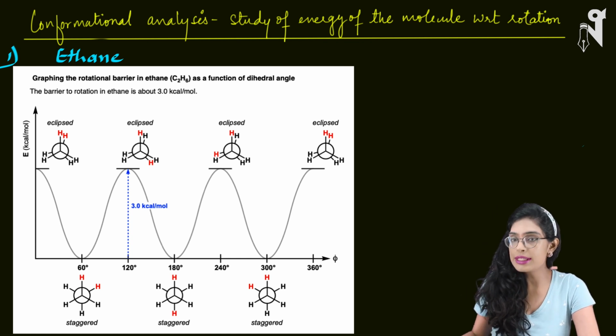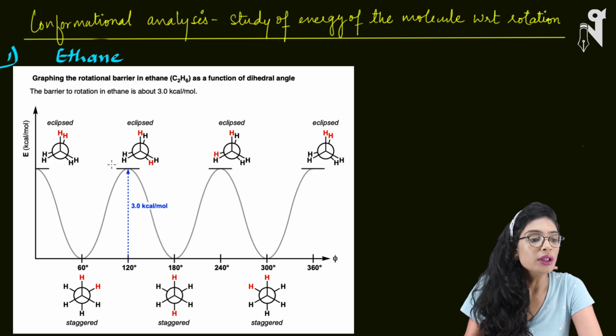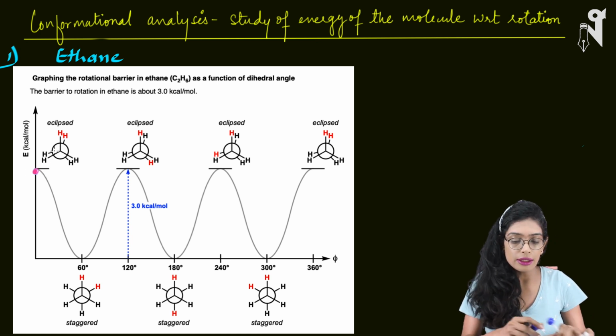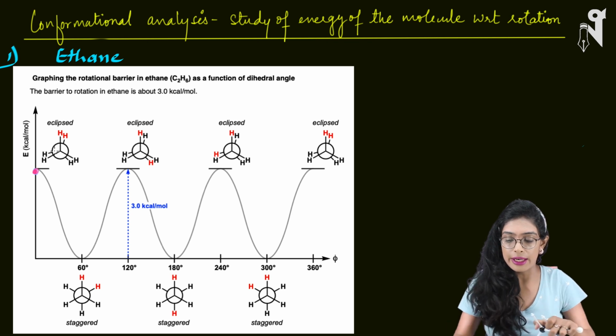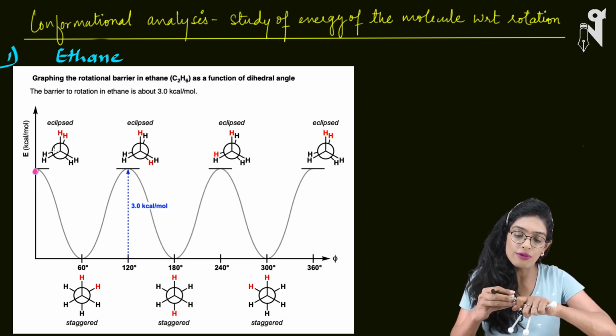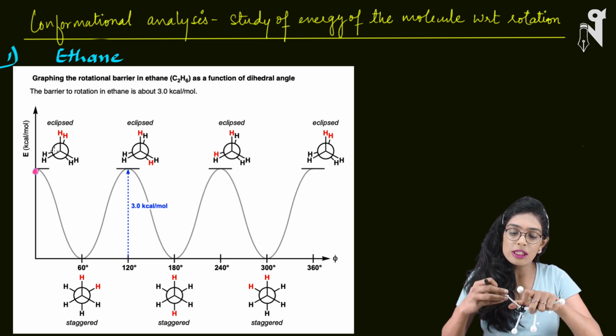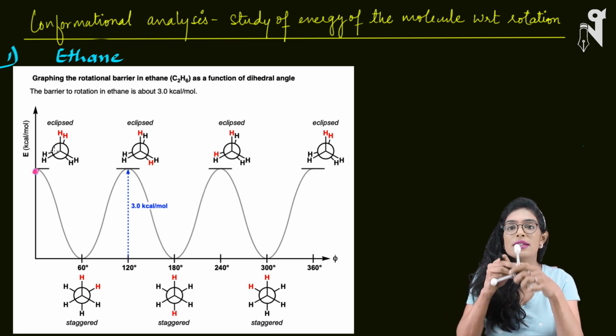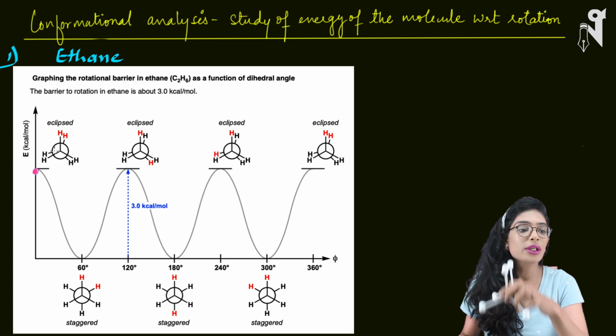Okay, so let's quickly see. We have a diagram over here. If I have the 0 degree angle difference between the front carbon and the back carbon, so basically dihedral angle, let me just keep this ready so that I can show you whenever it is required, though I have shown you multiple times, and now I expect you to visualize it. When the dihedral angle is 0 degree,